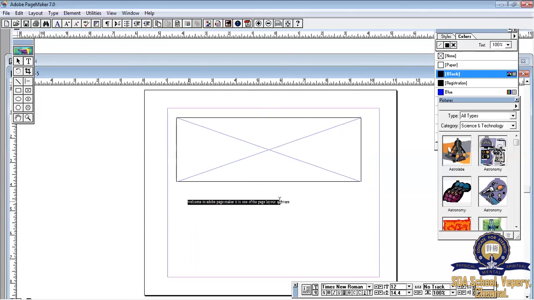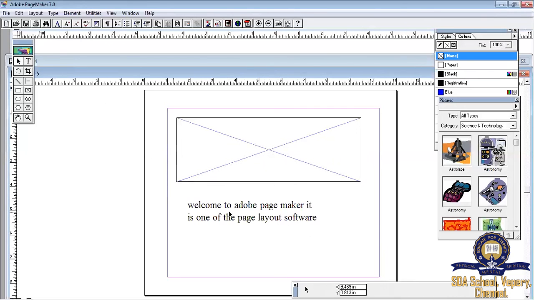Select the text that you have typed. Try to increase the font size. Okay, wow. Now select your text that you have typed with the help of your pointer tool. A text block is created. Now select even your rectangle frame. Now select both of these in the page by using your shift key. So when you use your shift key, both are selected.